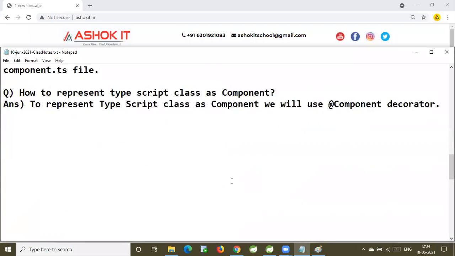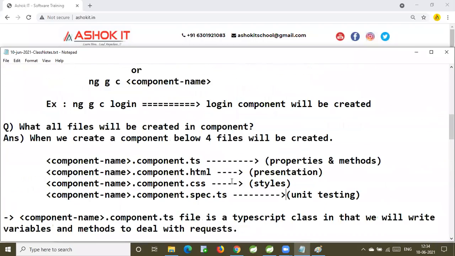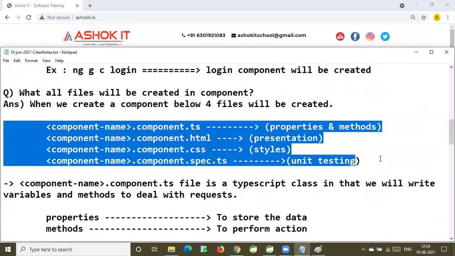Got it? All of you read it. What files will be created in the component?